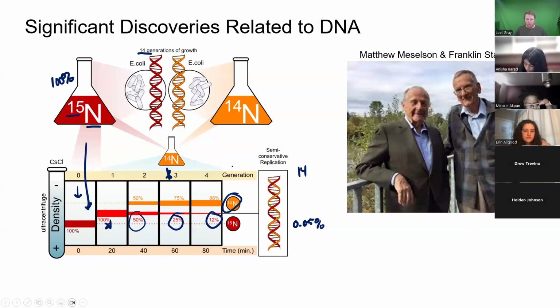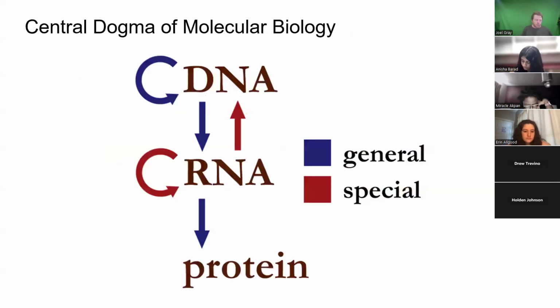Okay, so this brings us to the central dogma of molecular biology. Sometimes you'll see this referred to as the central dogma of biochemistry, and that is DNA goes to RNA, which goes to a protein. This used to be something very linear and simple. DNA is transcribed in a process known as transcription to RNA, and then RNA is translated